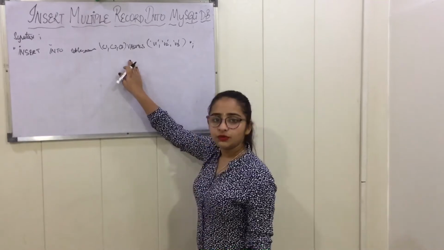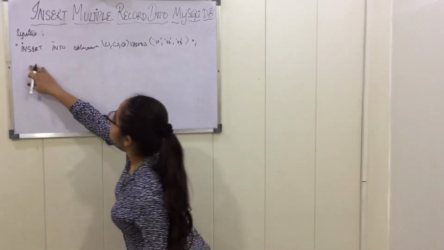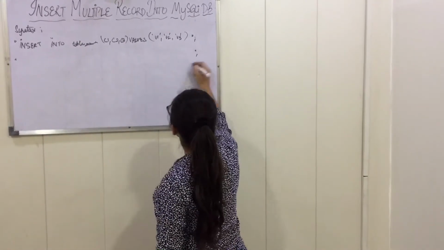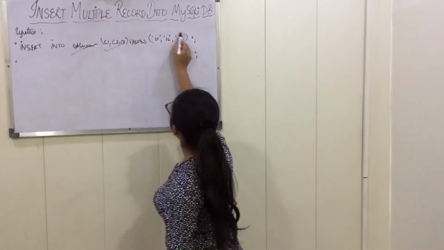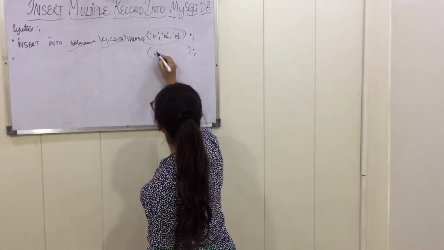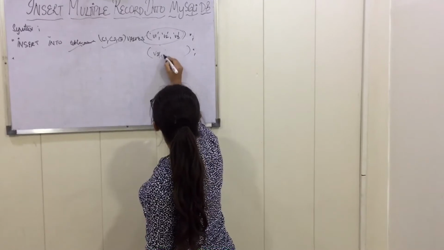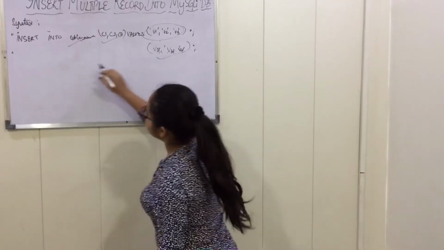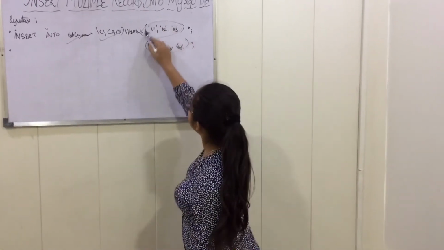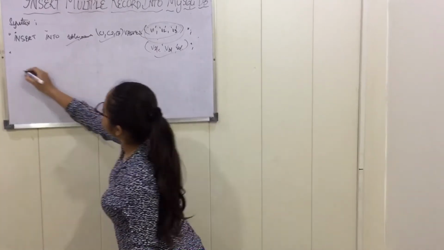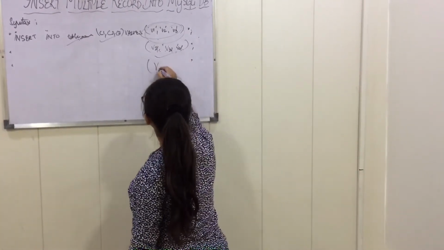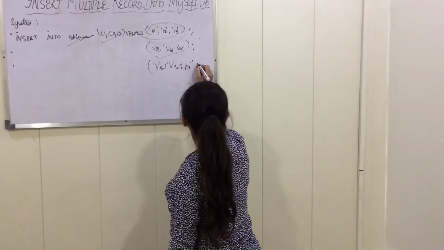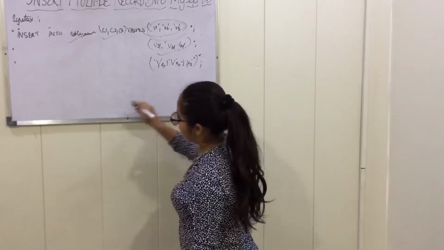If we want the data to be inserted on multiple lines, we will copy this line and enter it again, that is insert into table name. Only these things will be the same and the values will change. This line would be the same, the syntax will be the same, only the values will be different. So I need 3 rows, so I will write here V31, V32 or V3 like this. After the semicolon, then double quotes.